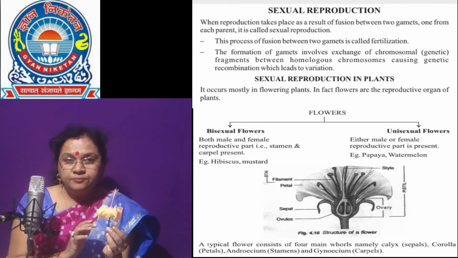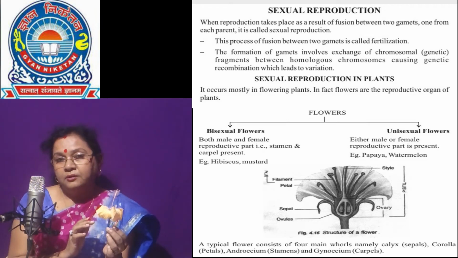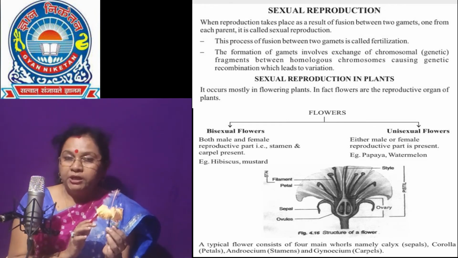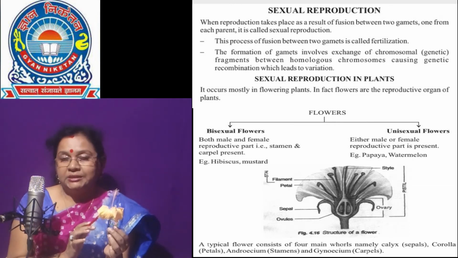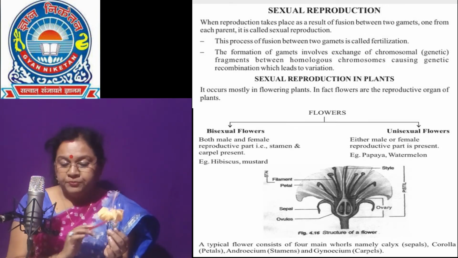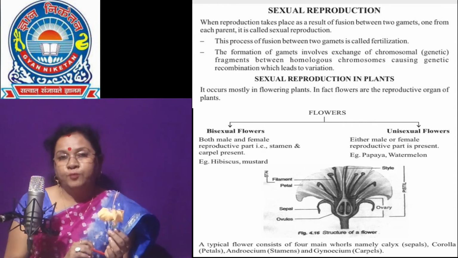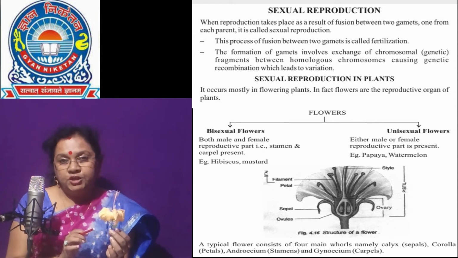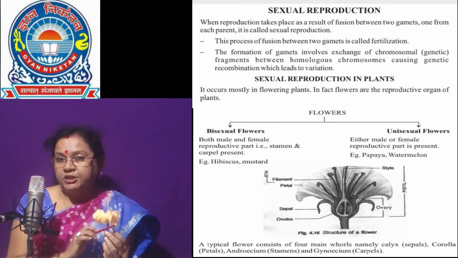In pollination, there are abiotic and biotic agents. Abiotic agents are wind and water. Biotic agents are insects, birds and bats, which bring pollen for fertilization. Now there are two types of pollination: self-pollination and cross-pollination.